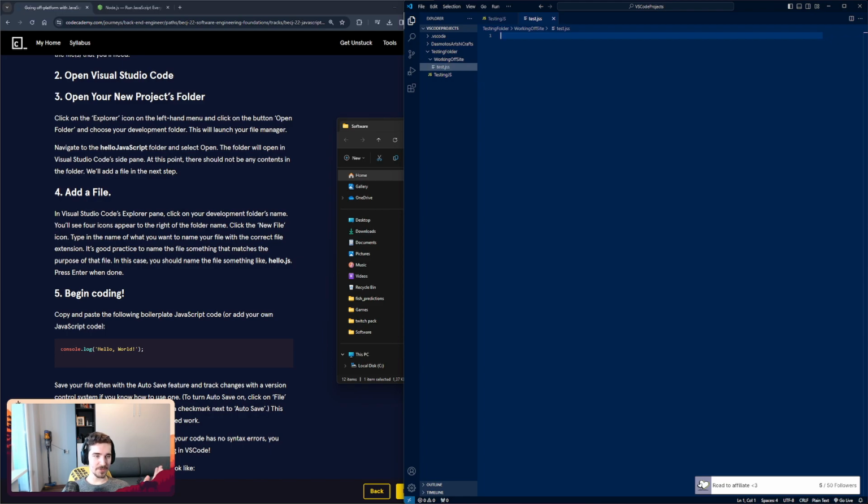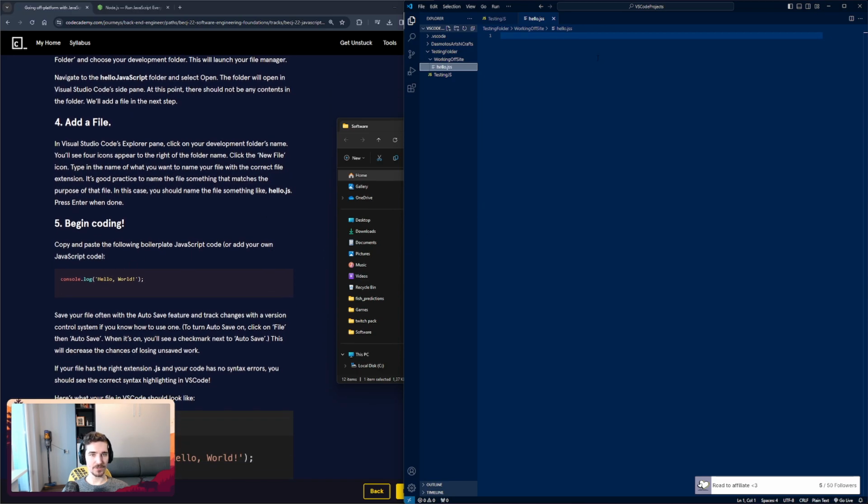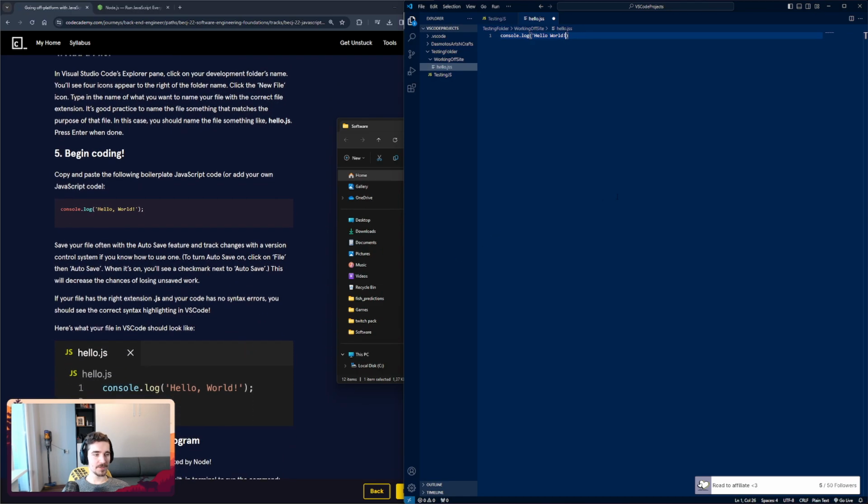You'll see icons appear on the right. Click new file. We already did that. Hello.js. Well, we have test.js. I guess we can rename it to hello.js and begin coding. So, okay. Console log hello world. So if we save it,